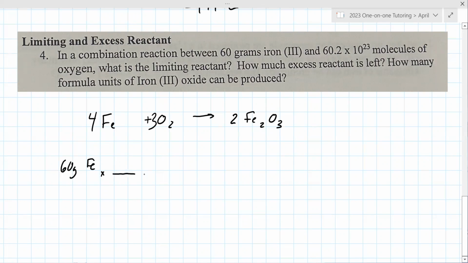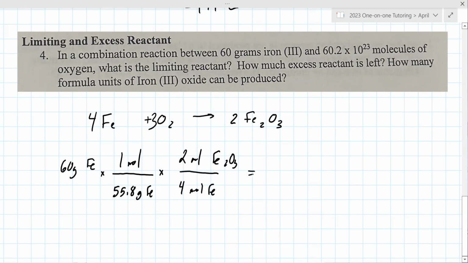And I always draw an analogy to baking or cooking when you do this. It's like, I hope I can use all this up. Let's see how much I can actually produce. So I think you said earlier, iron is 55.8 grams in 1 mole. Then you do your mole conversion here, 4 moles Fe to 2 moles of